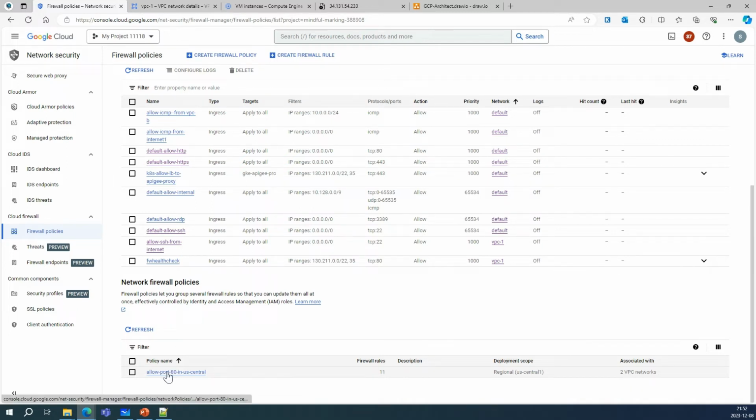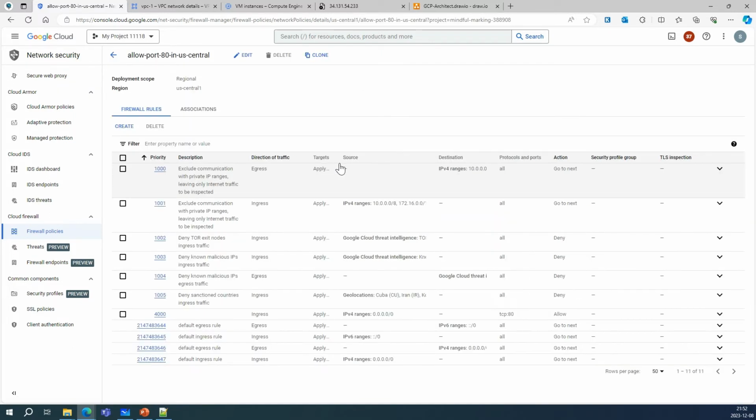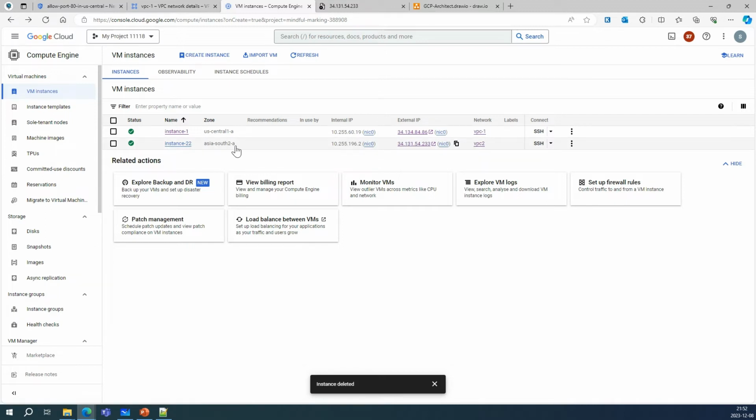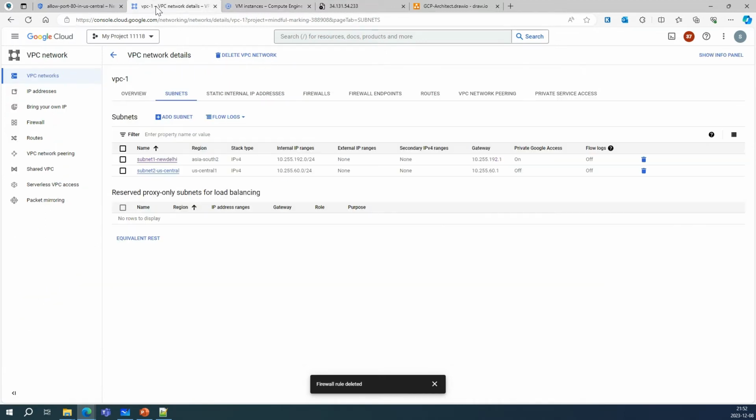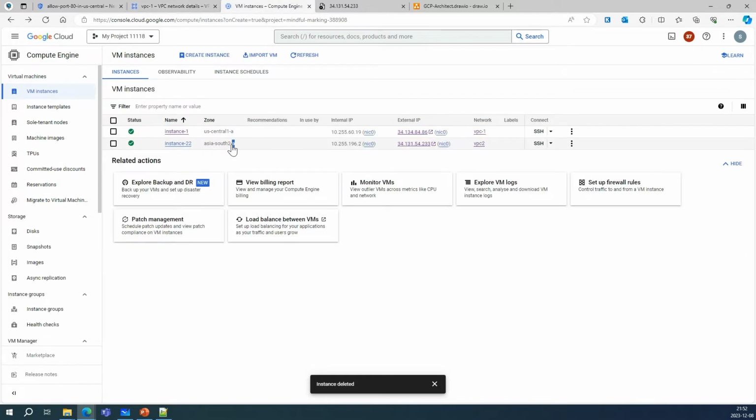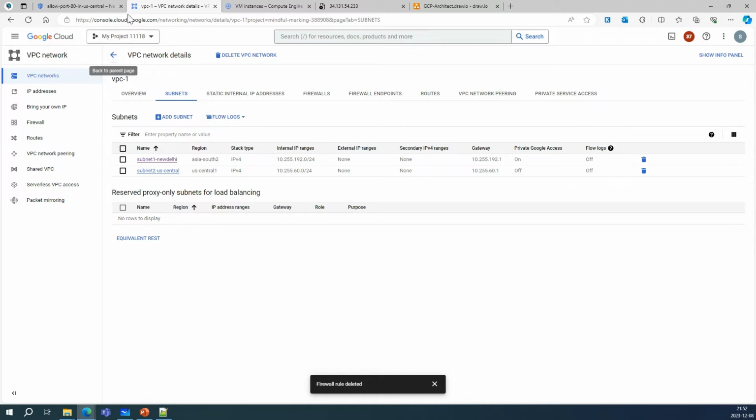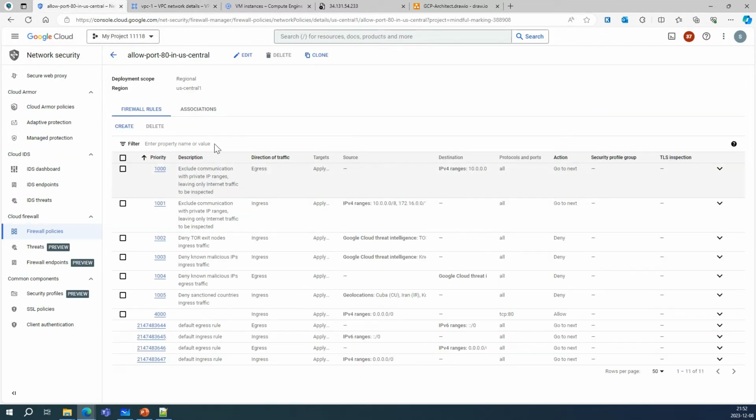I said apply this policy at the network level, but only regionally, only US Central. Sometimes business requirements come like that, right? So now if you want to include this machine as well, I mean this region as well, how do you do that? If you want to add this Delhi region, Asia South 2A, it's simple, right? You'll go to your policy and you go to the